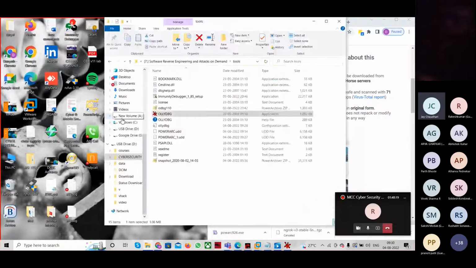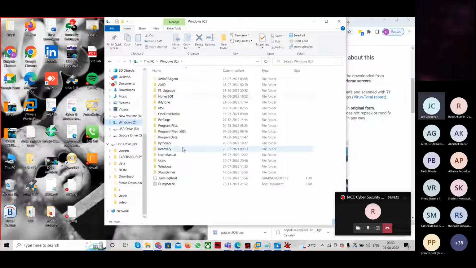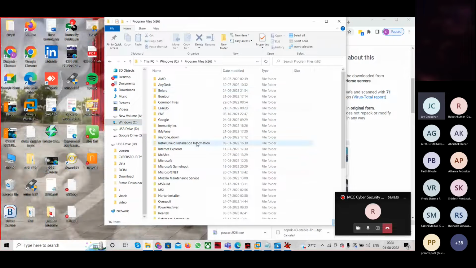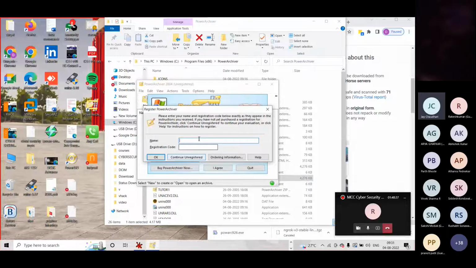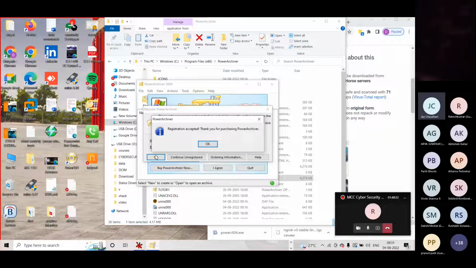ओके, अगेन आपको क्रैक वाला सेव होगा कहाँ पे, सी ड्राइव में जाके सेव हुआ है। सो यू हैव टू गो टू सी ड्राइव, वेयर इट इज हियर। तो यहाँ पे प्रोग्राम फाइल्स में जाना है और पावर आर्काइव में जाना है, एंड अगेन यू विल सी ओवर हियर पावर आर्काइव, करेक्ट। सो यू हैव टू डबल क्लिक ऑन yes। यहाँ पे रजिस्ट्रेशन कोड पे क्लिक करो, मैंने नाम किसका डाला था, राहुल ना, राहुल। यहाँ पे उसका कोड डाल देते हैं। ओके, और यहाँ पे जब मैं ओके करूंगा, तो मुझे आएगा रजिस्ट्रेशन एक्सेप्टेड, थैंक यू फॉर परचेसिंग पावर आर्काइव, मींस राहुल हैज परचेज दिस। ओके, एंड इफ यू आल्सो वांट टू परचेस, कॉन्टेक्ट टू राहुल।